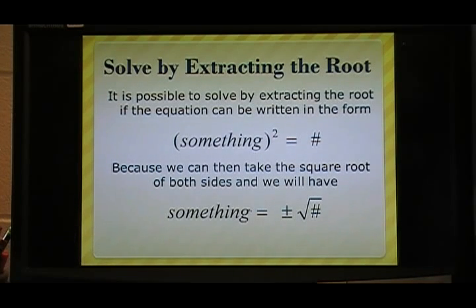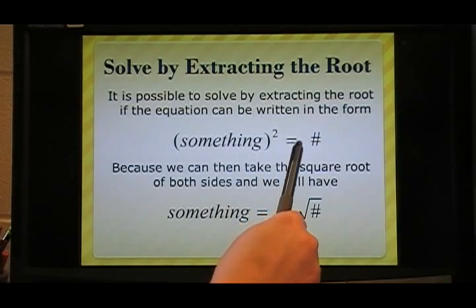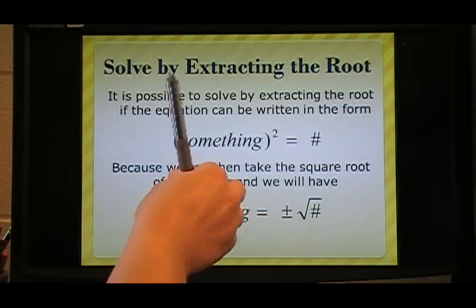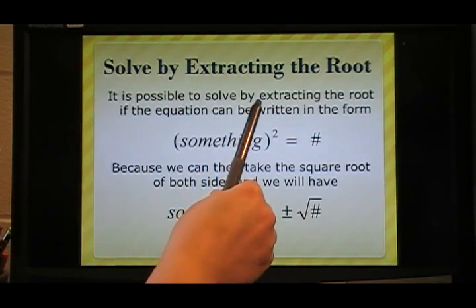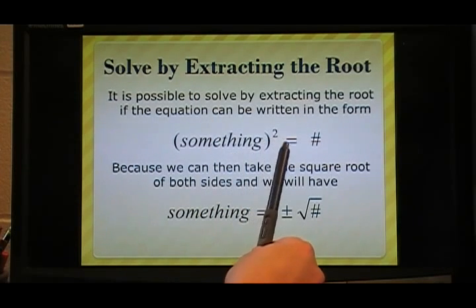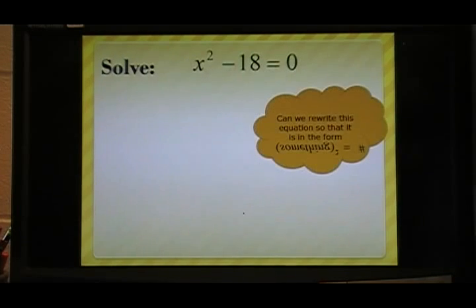So if you're working with a quadratic equation where it is possible to write that equation as something squared equals a number, then you can solve by extracting the root. Okay? So it is possible to solve by extracting the root if your equation can be written in the form of something squared equals a number. Because then we can take the square root of both sides and we will have our something equals plus or minus that number. So going back to that x squared minus 18,